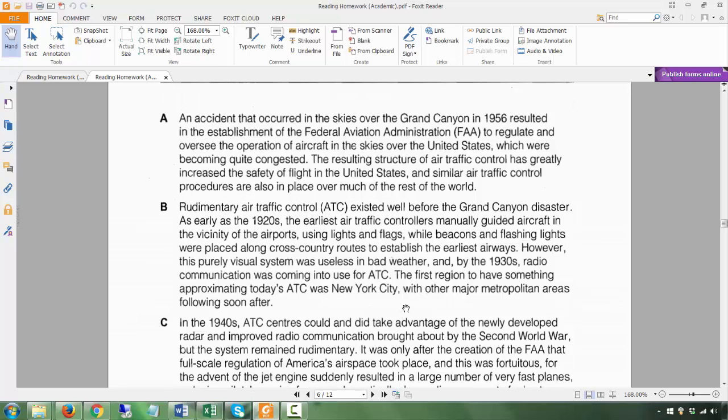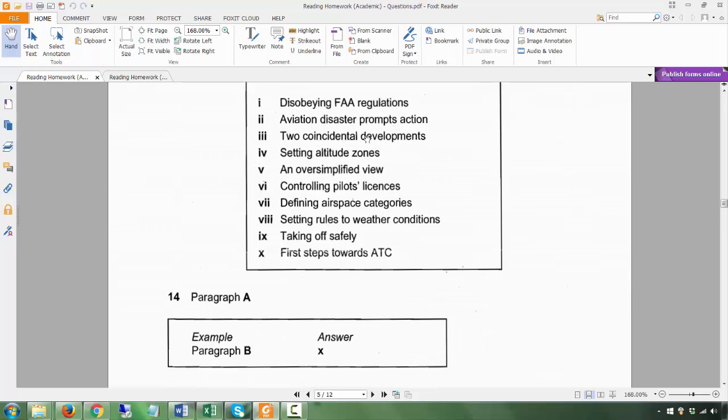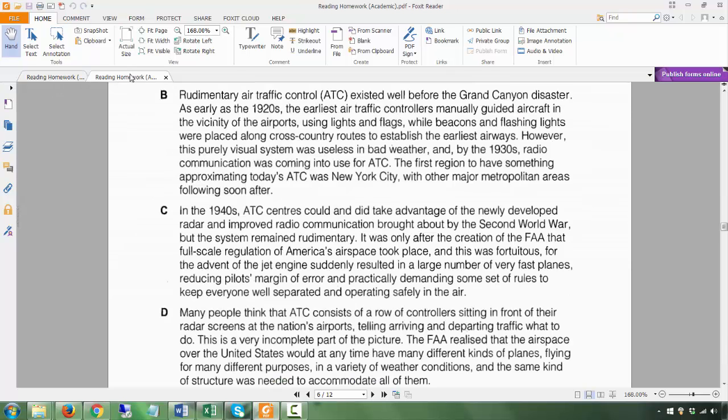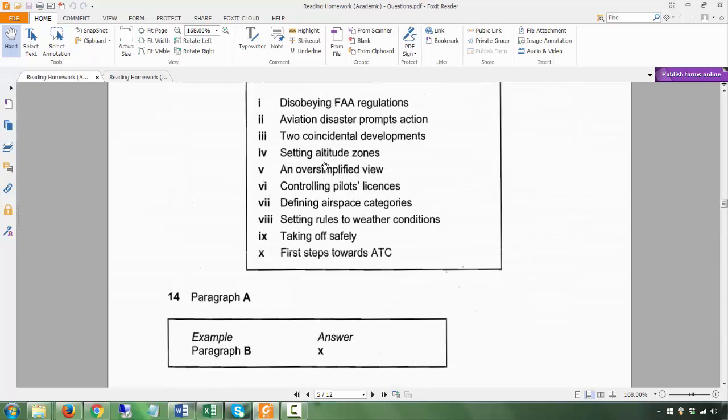So paragraph C, here it talks about the 2 coincidental. What is coincidental? I mean, it just so happened to be. It's not like this development resulted in the other development. It just happened at that time. It was a coincidence. Okay, again, you have to understand the meaning of coincidence. And two developments basically means that some event occurred. Okay, so what are the 2 coincidental events here? Okay, there are a lot of events here, but remember, coincidental is something that was not planned. Okay, it just happened. All right.